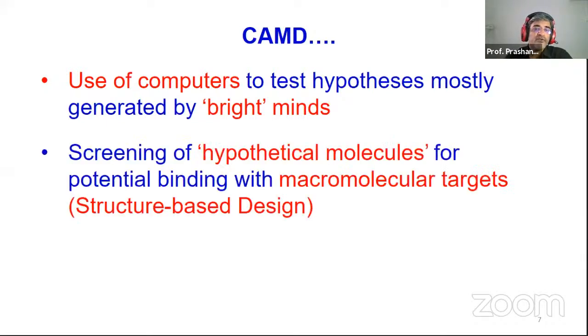So here, you are trying to virtually screen hypothetical molecules, meaning before you even make molecules in the lab, you can essentially generate hundreds, thousands, or a few millions, billions of molecules with the help of a small command or a small program. Those are hypothetical molecules; nobody probably has made them. But then how do I know, out of that 1 billion, which top 100 molecules to make, so that my probability of identifying a molecule which is likely to be very potent and selective for the target at hand increases to a great extent?